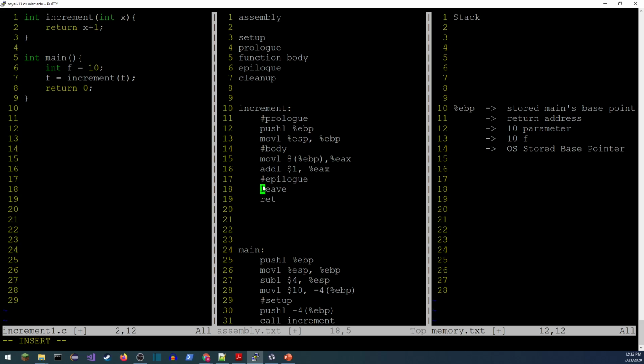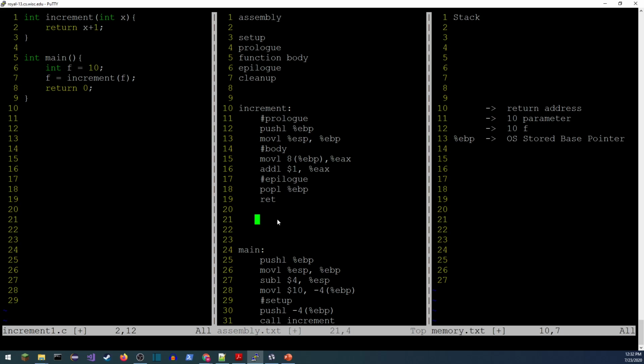And then it restores the base pointer. This function has no local variables, so instead of using leave, the other choice is to just pop the base pointer, just like that. When we pop the base pointer, that's going to move the stored main's base pointer value into this register right here, EBP. So that's going to change EBP. It's going to move this down to right here. And when we pop something, it's removed from the top of the stack. So that line's gone. Cool. Hope that made sense.